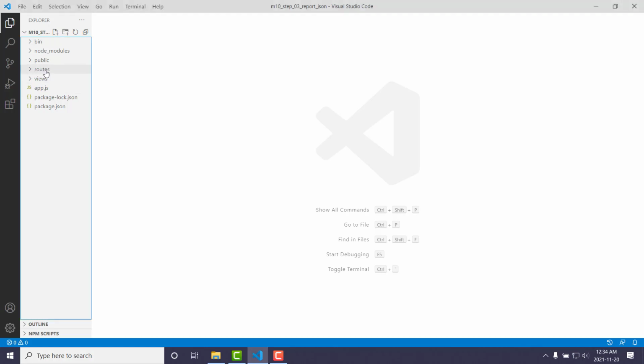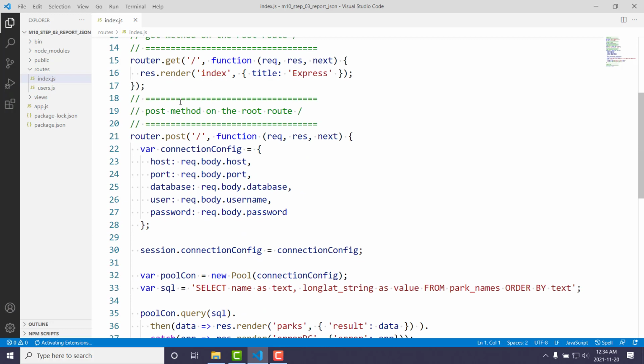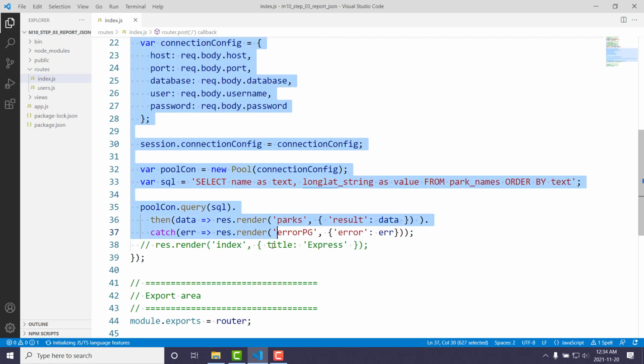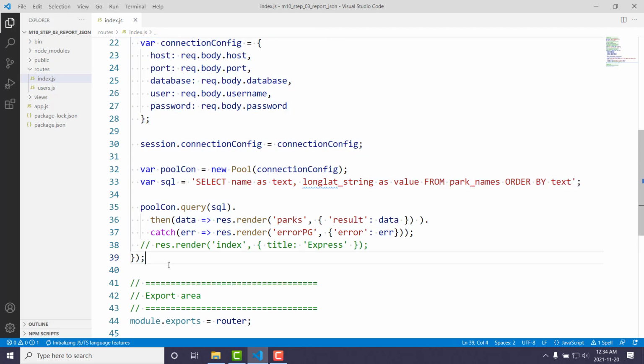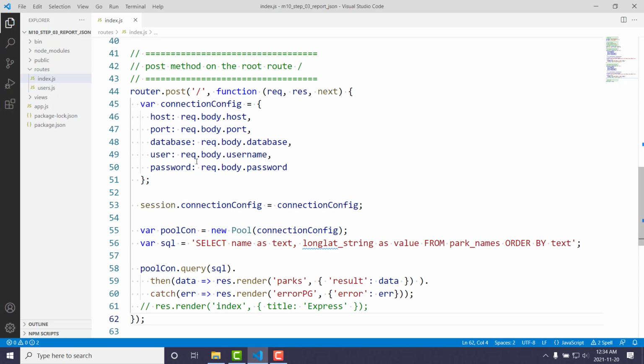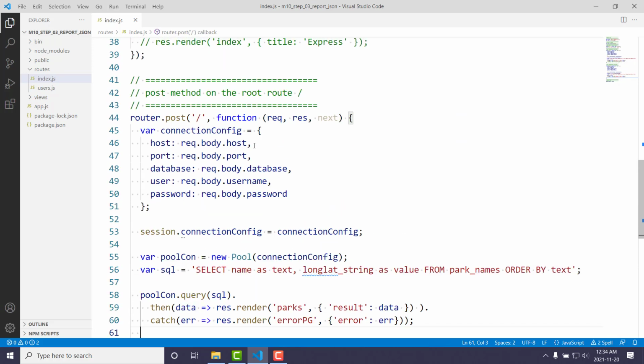And I'm going to come in here, and in my routes folder, I'm going to go to my index page, and I'm going to have a new route. And that route is going to use a lot of the things from the first query. I'm going to take a copy of that and paste it in. I'm going to get rid of this render index page line. Don't need that anymore. This is actually going to change to be equal to,